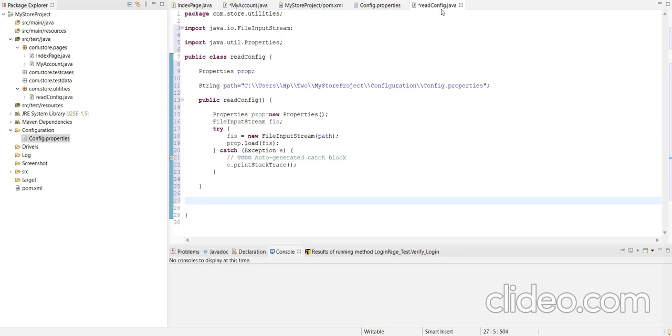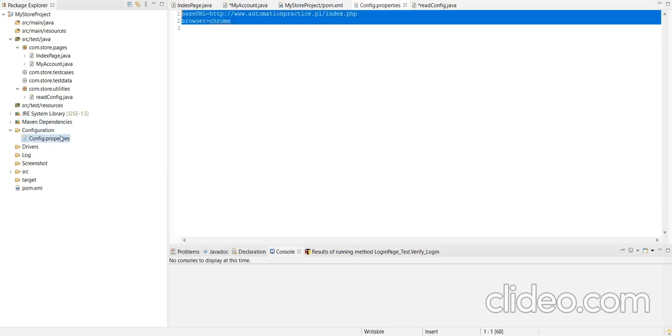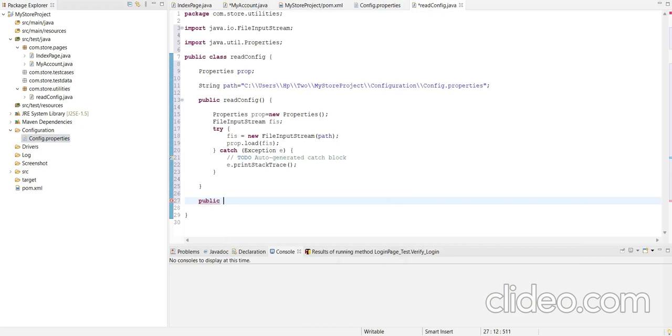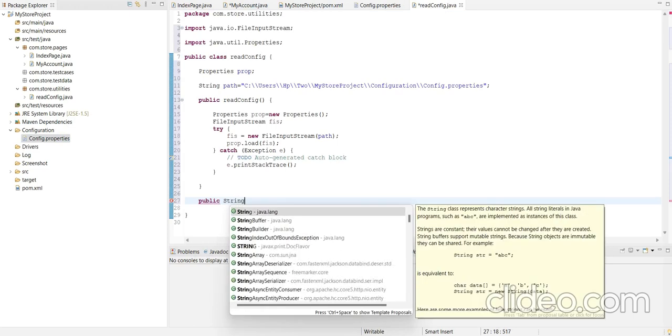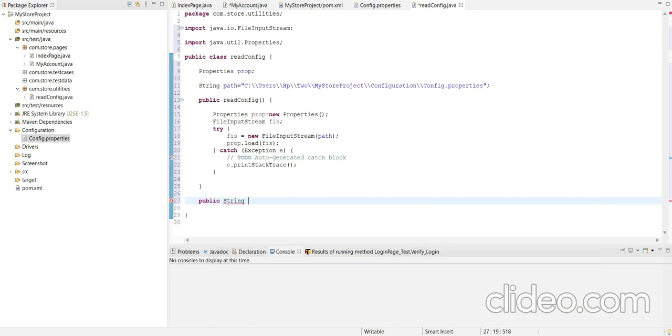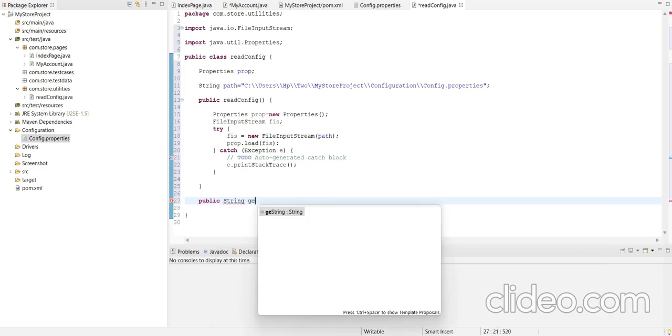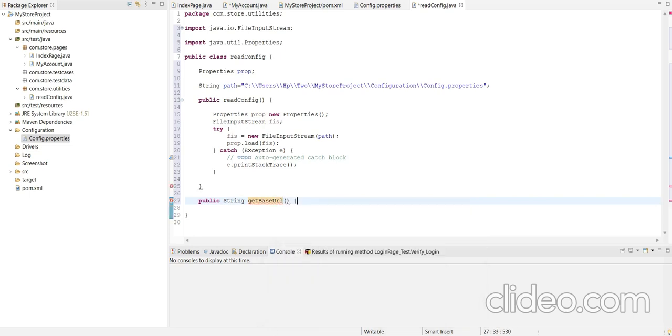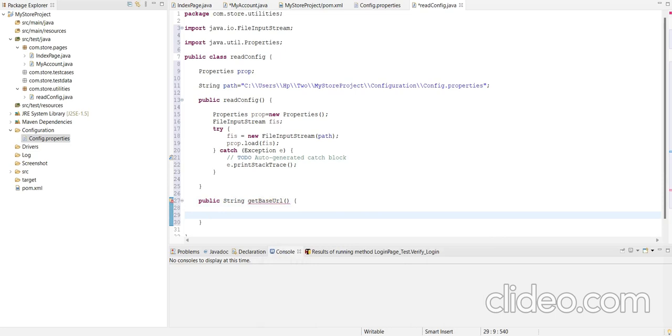Now to read the value from this config property, we will create a method that is public. Here we use the string return type, as it is a URL. So getBaseURL is the name of our method, and here we use the getProperty method of the Properties class.